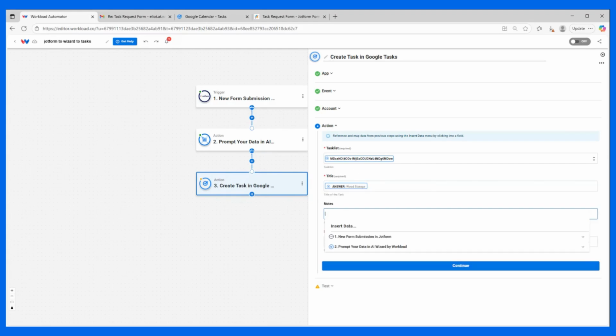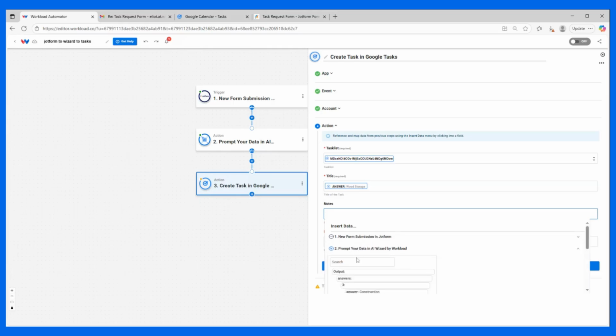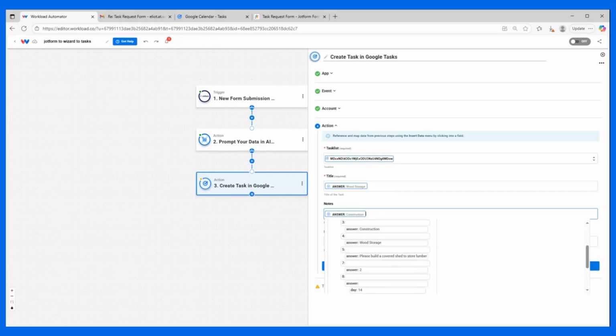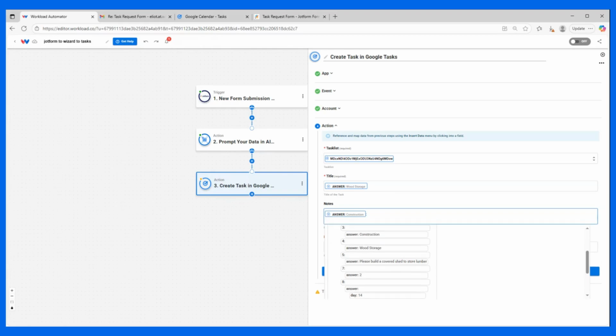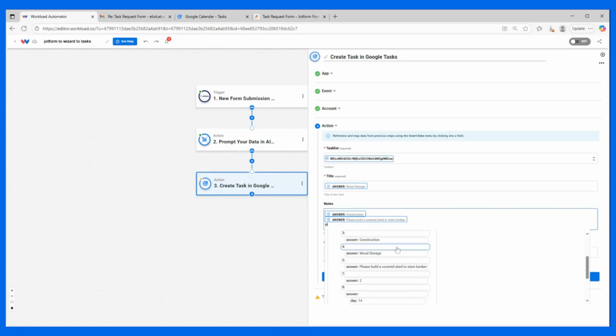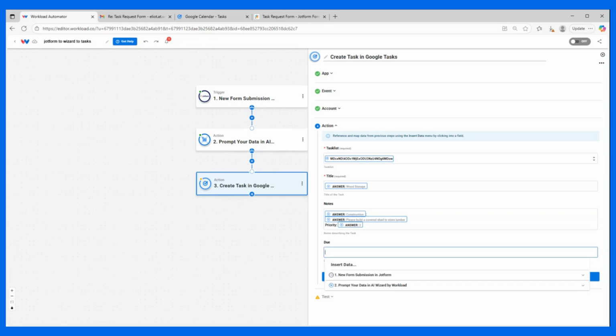The notes are going to be first the department that I need to work on this project. I'm going to put a colon, hit enter. The description of the task, hit enter. I'm going to write priority, and then the answer for the priority there. For the due date,